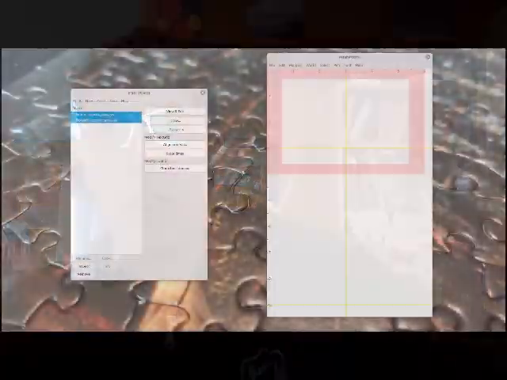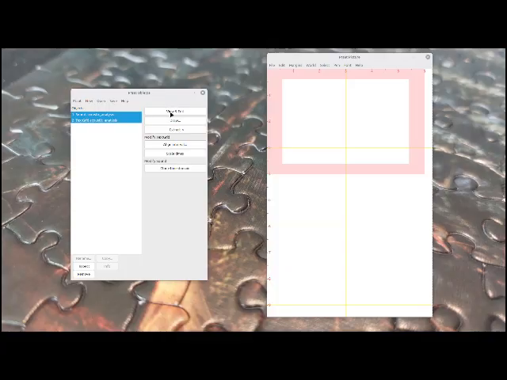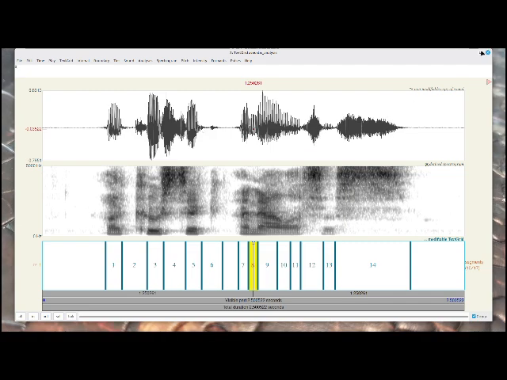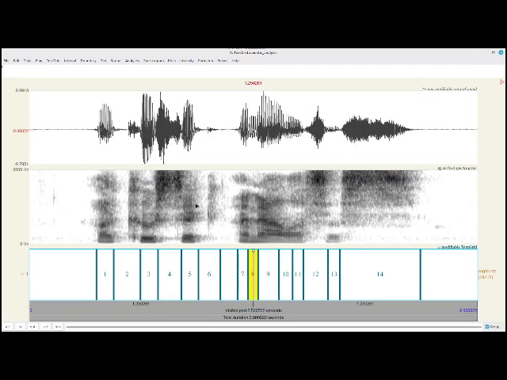All right, this is a video for doing a particular kind of figure in Praat. One of the things that we're used to if we use Praat is being able to see a waveform next to a spectrogram, next to a text grid with the annotations really nice and cleanly. So something like this, I hit view and edit, I get this, the waveform is here, spectrogram, and I have